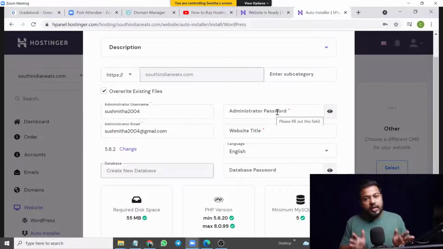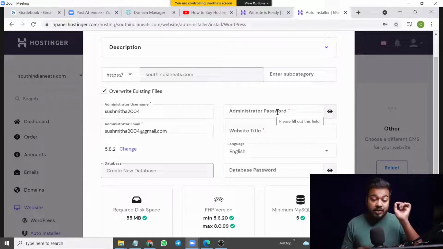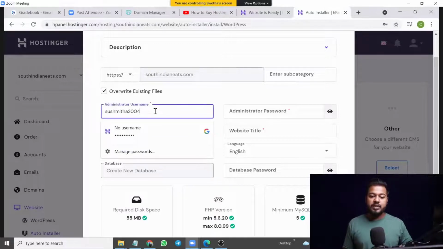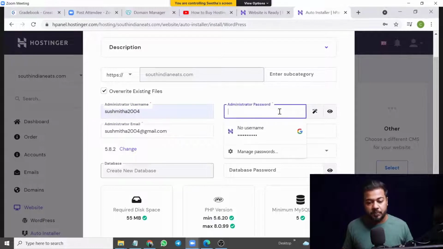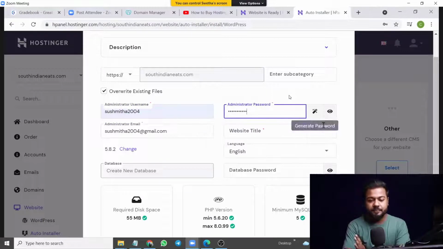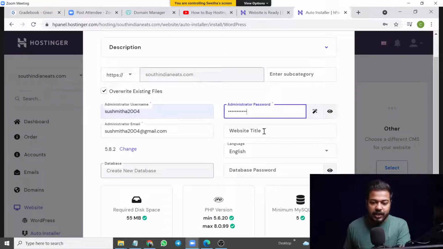This has no connection with your hosting or your domain, nothing. Now that's left behind. Now we are working upon our website. To log in to your website, to make changes inside your WordPress website, you need to have your username and password, and that username and password needs to be created right over here. Okay, for example, now we are going to create username. Here's the password which you need to put. So kindly create a password for yourself. Great. Website title, so kindly write down the name of your website here.